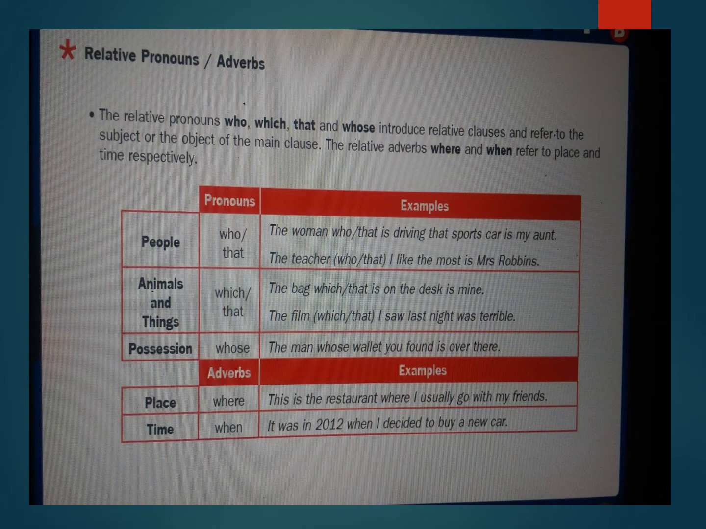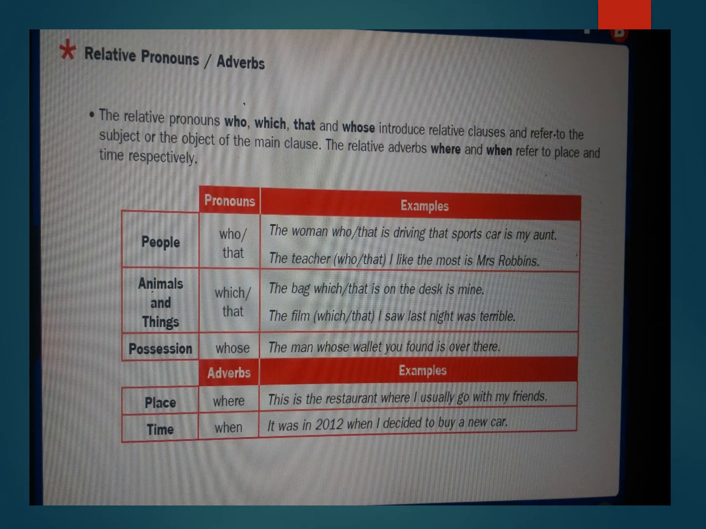Yes, Manar? They refer to the subject or the object of the main clause. This is the subject and this is the object. So they can refer to the subject or the object of the main clause. Yes, go on, Manar, the relative pronouns where and when refer to